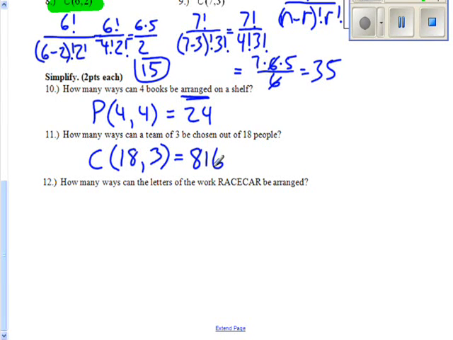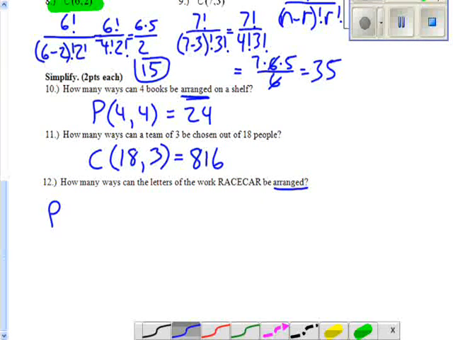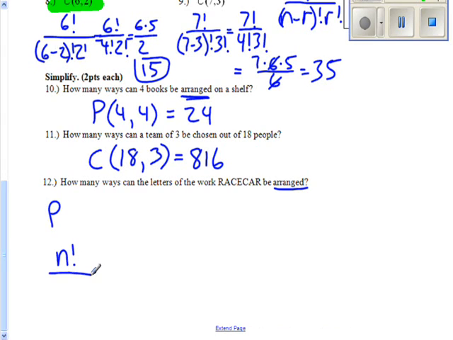Okay? If we take a look at the next one, it says how many ways can the letters of the word racecar be arranged? And again, that word arranged tells us that we're putting things in a specific order. So that means it's a permutation. However, if I were to switch the R and the R, it wouldn't change the word at all. So this is a special case. This is our permutation with repetition. Remember, permutation with repetition, we've got to do n factorial over p factorial, q factorial, and so on. N factorial is the total number of objects that we're arranging. So that's 1, 2, 3, 4, 5, 6, 7. So it's 7 factorial over